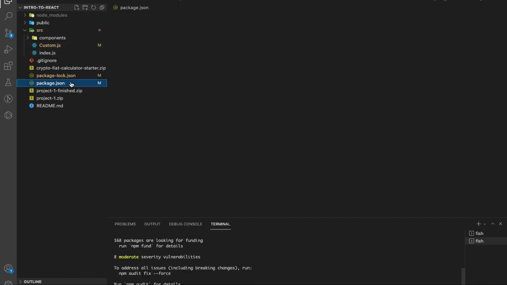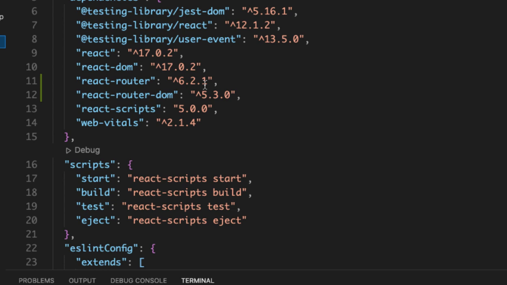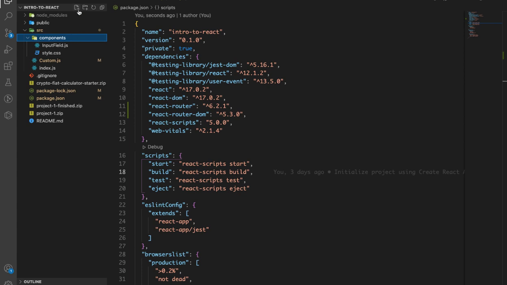So if you look at our package.json now, you can see we have React Router and we have React Router DOM, specifically version 5.3. All right, cool. So I'm just going to remove these, and all right, so that's fine. So I'm going to create some components real quick. I'm going to create